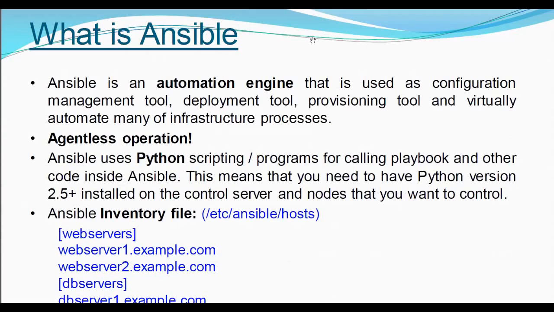Okay. So in case of Chef or Puppet or other tools, I have to install a client application, an agent, on the node side. Now that's kind of an overhead for me. But in case of Ansible, I don't have to have any kind of separate application which is my agent or my client application. So it's an agentless operation, and that makes Ansible a very handy and very easy to use tool. It reduces a lot of overhead in this case.